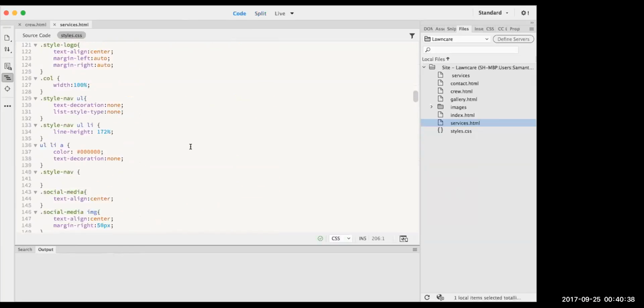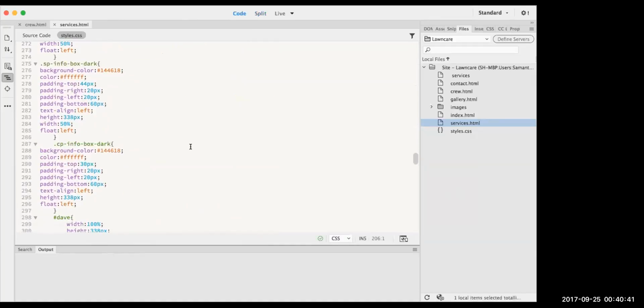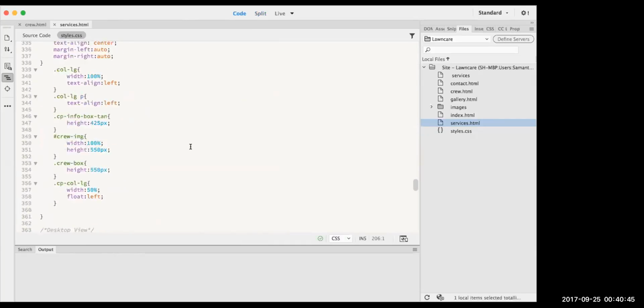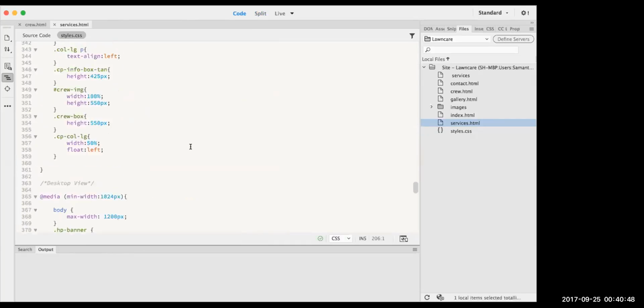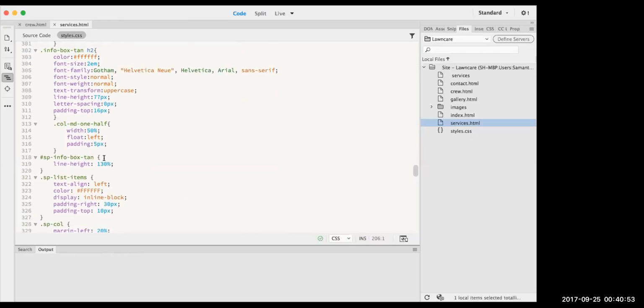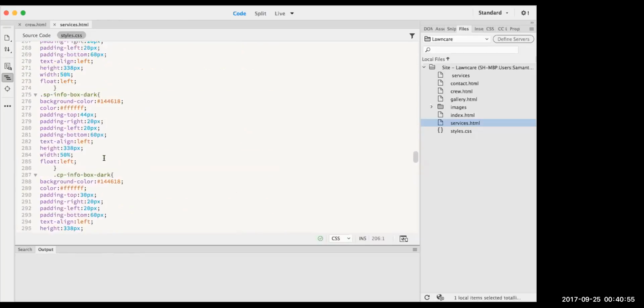That's your mobile. Go back down and find your tablet view. Right there. There's desktop. Oops, go back up. SP info box. Oh no, there should be one more. SP info box. Okay, let's check it. SP info box 10. Background color,